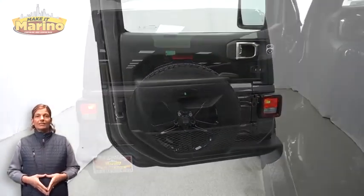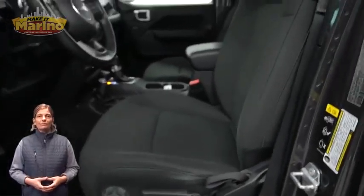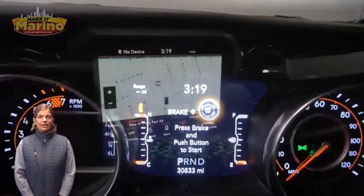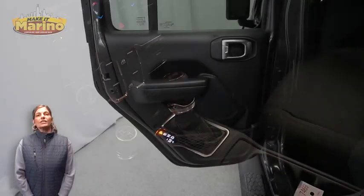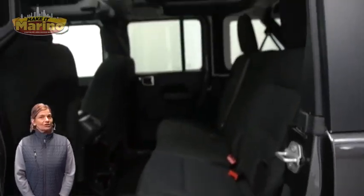heated front seats, heated steering wheel, 30,000 miles on the odometer, 8.4-inch touchscreen, navigation, rear backup camera, Command-Trac part-time four-wheel drive system, rear 60/40 folding seats, 2.0-liter turbocharged 4-cylinder engine,